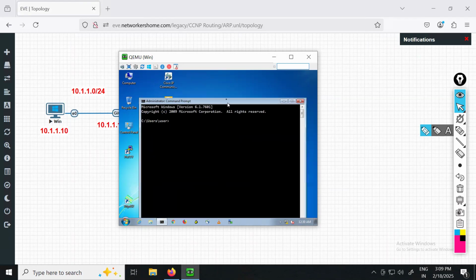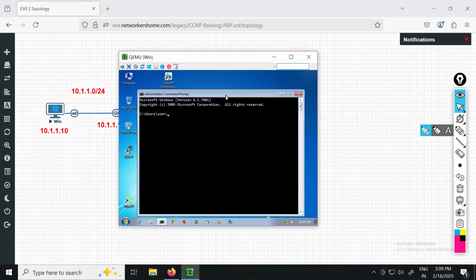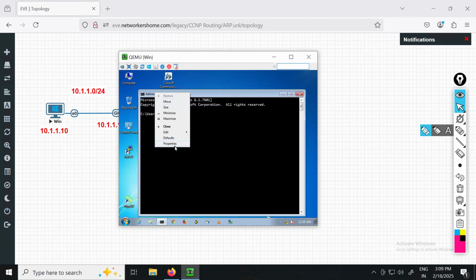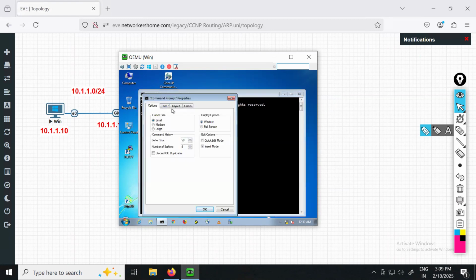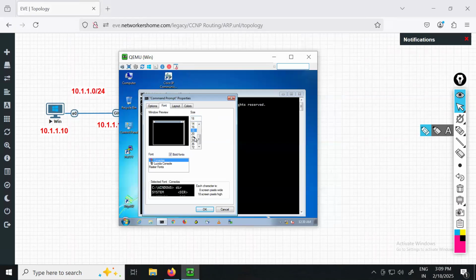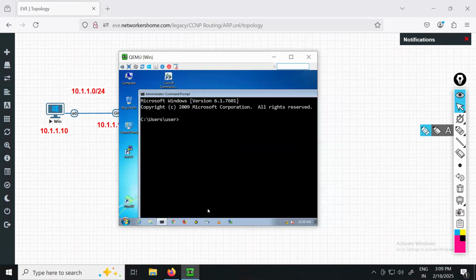Well, yes. Or should I increase the size? Now,